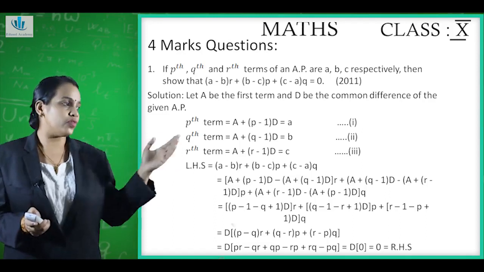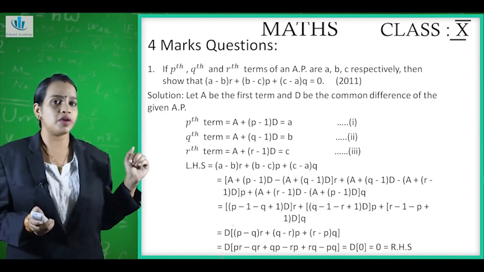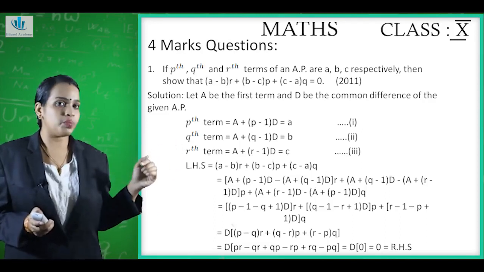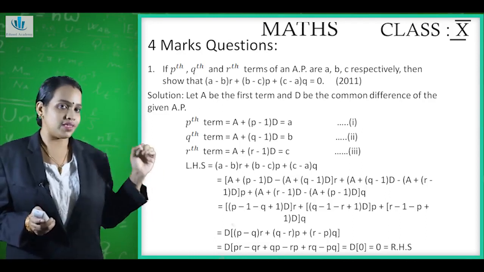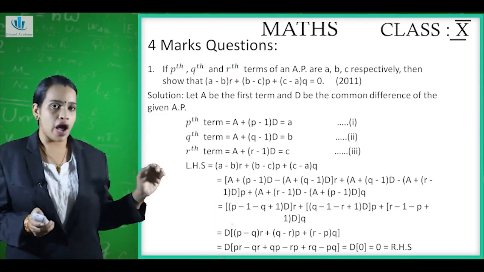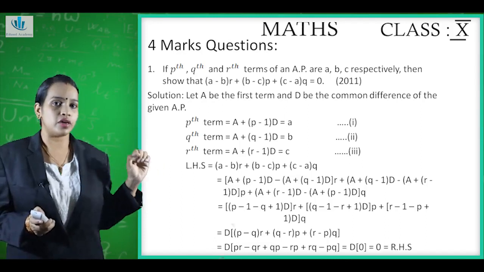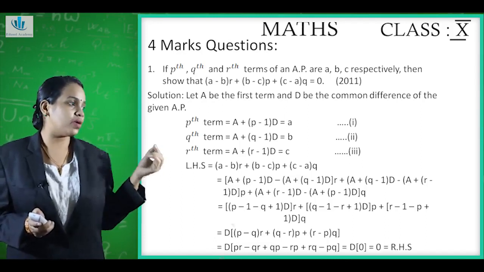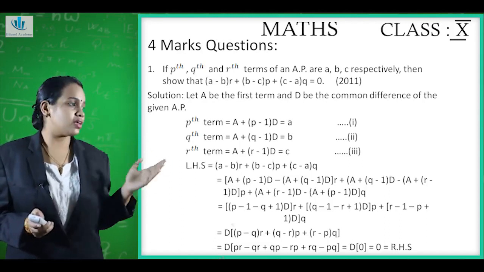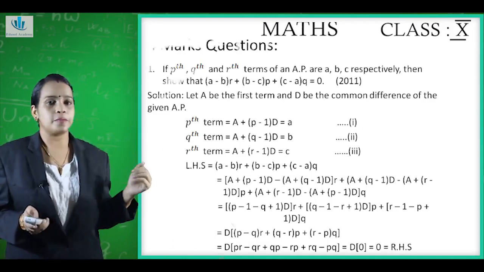Now what we will do? We will open the brackets. So we will multiply R with P minus Q. It becomes PR minus QR plus. Again here we will multiply with P. So it becomes QP minus RP plus. Again here we will multiply with Q. So it becomes RQ minus PQ. Now we can see that when we add and subtract all of it, the value becomes 0. And in the question our right hand side is given as 0. So hence our left hand side and our right hand side have become 0. Hence we have proved it.